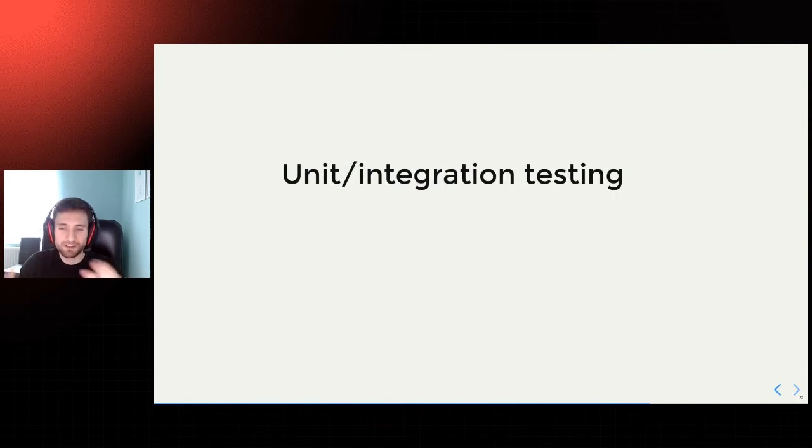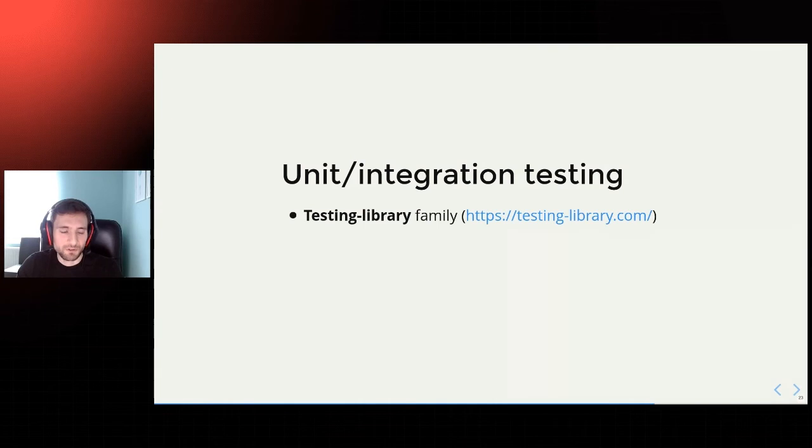So the first tool, maybe not the most obvious, but should be the most common, is just having proper unit and integration testing. And in the frontend world, I use the Testing Library family. I write in React nowadays, so I just use React Testing Library, but there's a version for each major framework. And while it's not just about using this specific library, you might use others, it's about what this library forces you to do: write tests as if the tests are real users of your application,